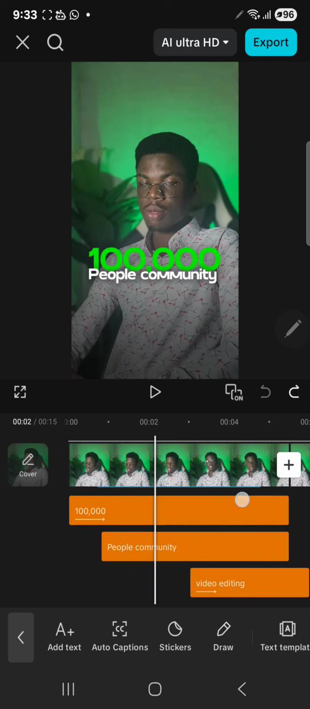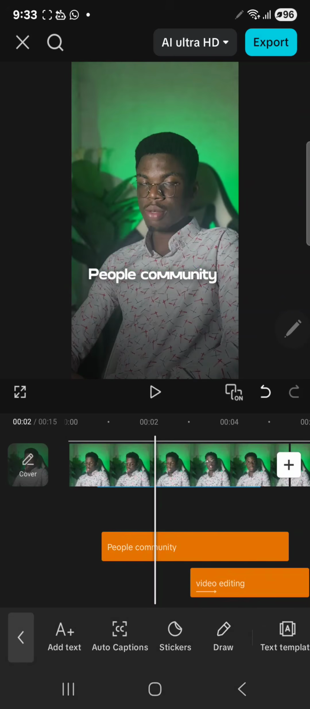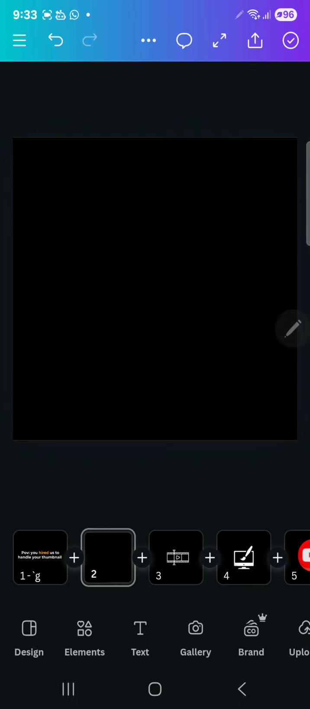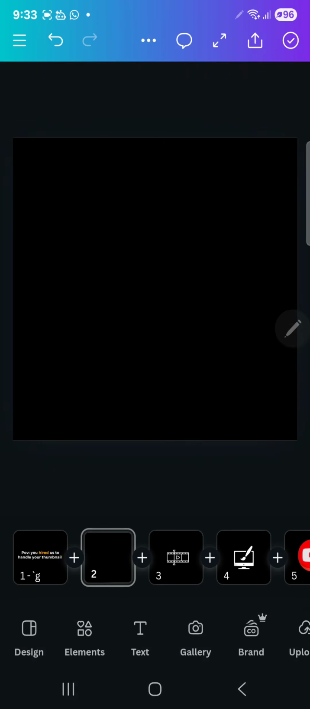Now, first of all, let's delete these ones that were already done, right? Delete this first one, right? Now, how do we do the gradient text? We go to Canva. That's how we do it. Let's go to Canva. Now, over here on Canva, create a new page. Make sure there's nothing on the page. Then